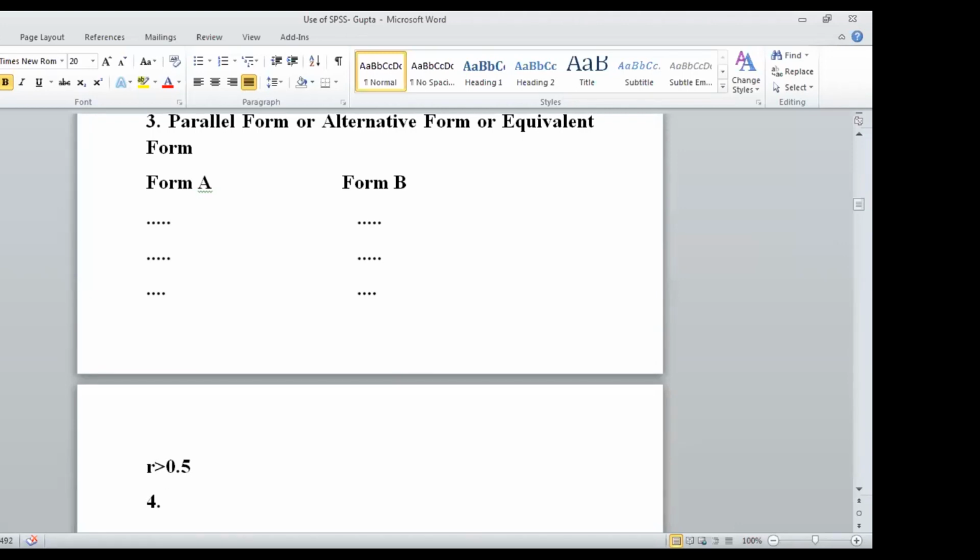You only have to use for the test, and that is Kuder-Richardson formula 20. Now this formula you can use only and only if you want to administer, if you want to